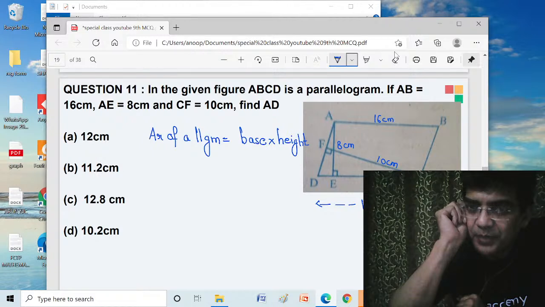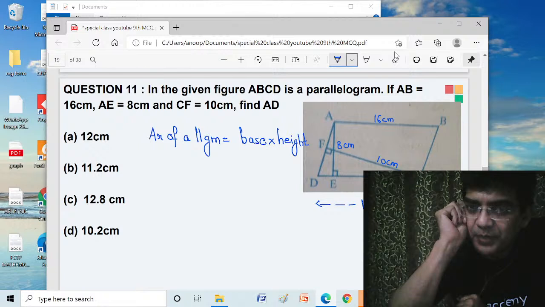Now as it is the same parallelogram, so area will not change. How much did I calculate the area? It was 128. So area won't change. Why will area not change? Because it's the same parallelogram. The parallelogram is the same one,